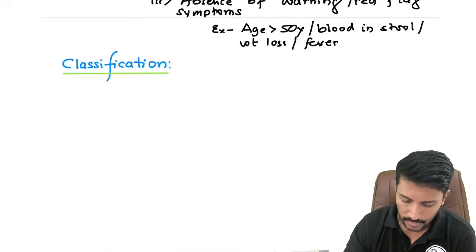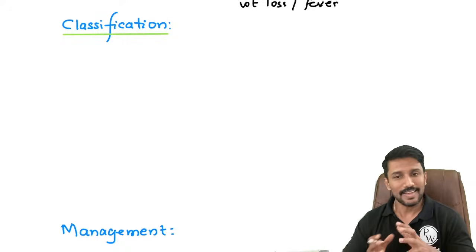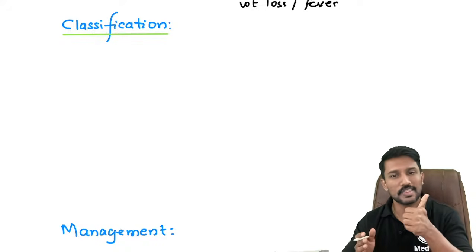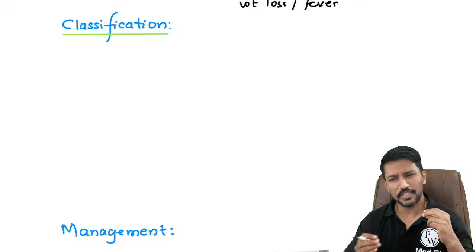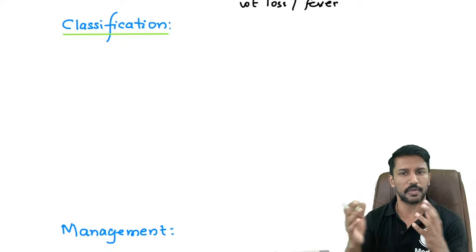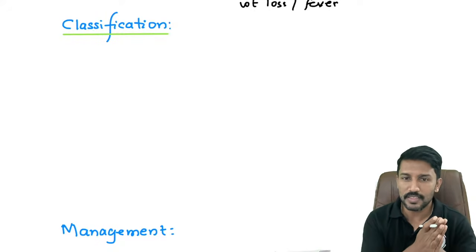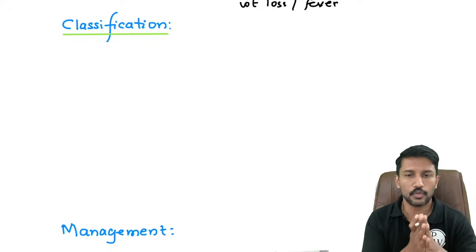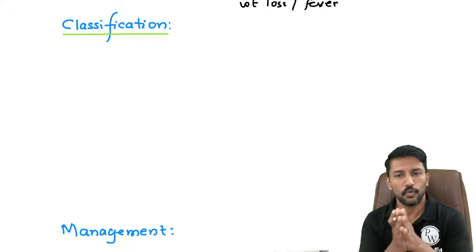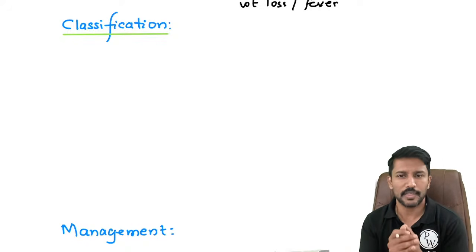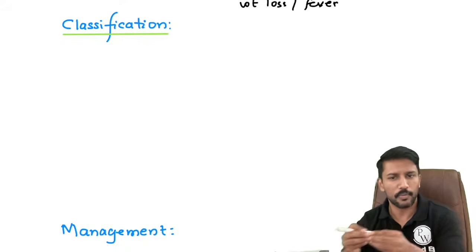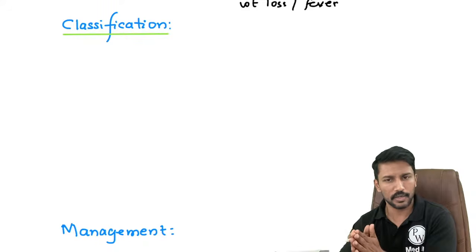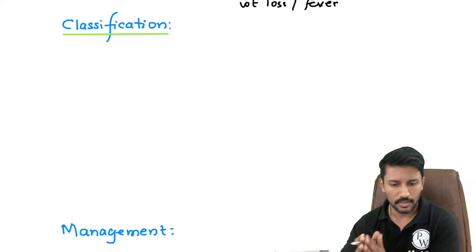So that's why patients with irritable bowel syndrome will be classified into constipation predominant, which we will call IBS-C, or diarrhea predominant, which we will call IBS-D. Or patients may be alternating between diarrhea and constipation, right? We will call them IBS mixed. And then we can also have patients who we will not be able to classify into diarrhea predominant, constipation predominant or mixed. We can call them unclassifiable or pain predominant.